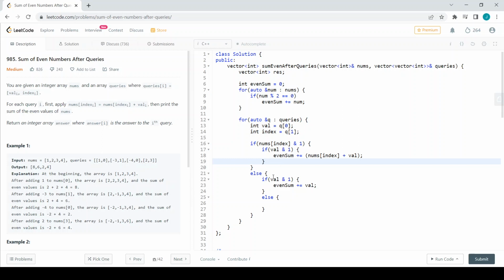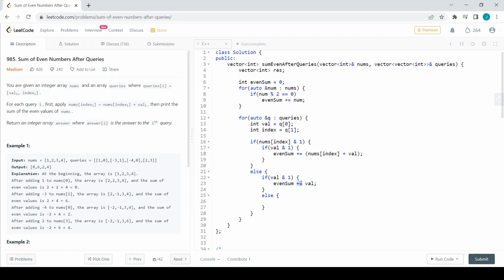If my previous value is even and my current value is odd, then I have to subtract my previous value, nums of index, from my even sum. Else I want to add my current value,